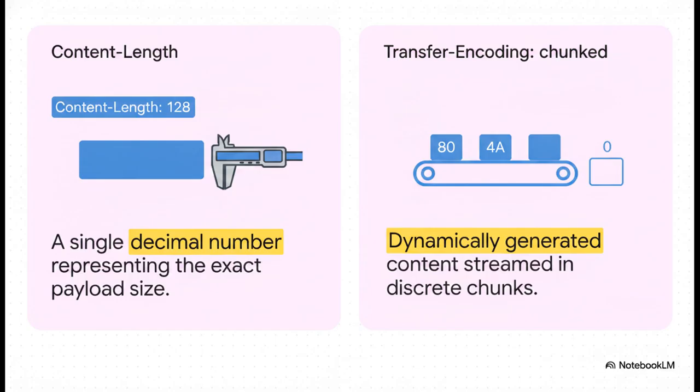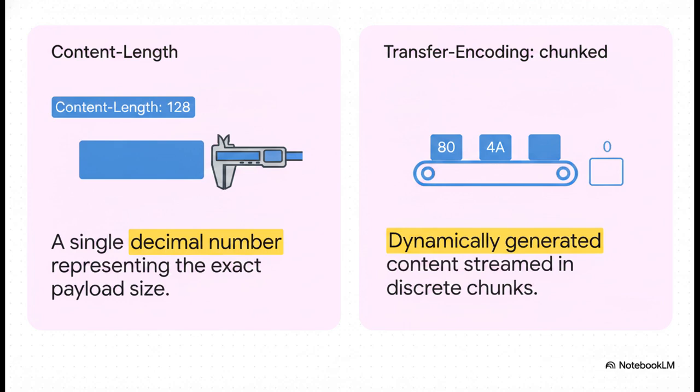It essentially has two completely distinct ways of doing this. First, you have content length, which uses an exact byte count. That's perfect for static files where you know the size up front. But for dynamically generated content, we use something called transfer-encoding: chunked. In this case, the server streams content in discrete chunks, each prefixed by its size in hexadecimal and ending with a zero-length chunk. It is a really clever workaround for streaming, but having two competing systems for measuring length, that